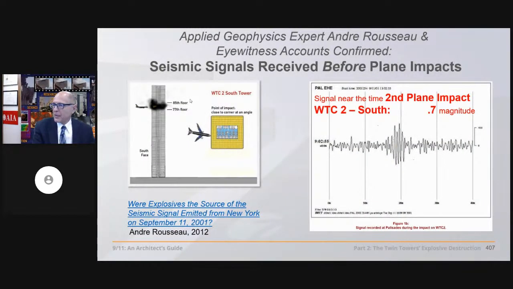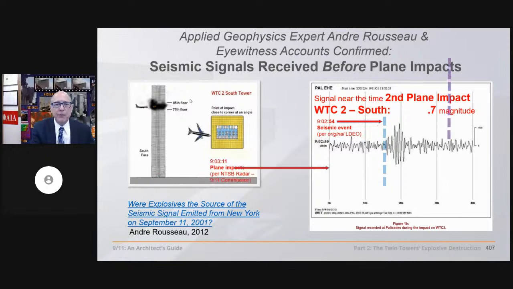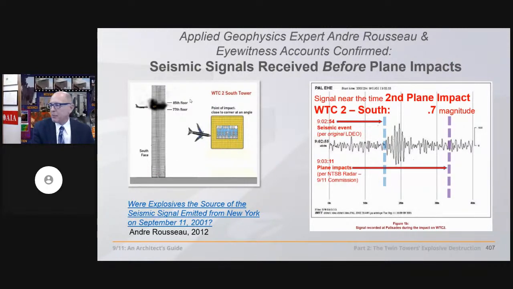How about the other airplane impact at the South Tower? It impacts at 9:02 and 54 seconds, but the plane doesn't impact for 17 seconds later. What does NIST do with this discrepancy? They study the videos, they say, and we think it happened 12 seconds earlier. Okay, you're still off 5 seconds.